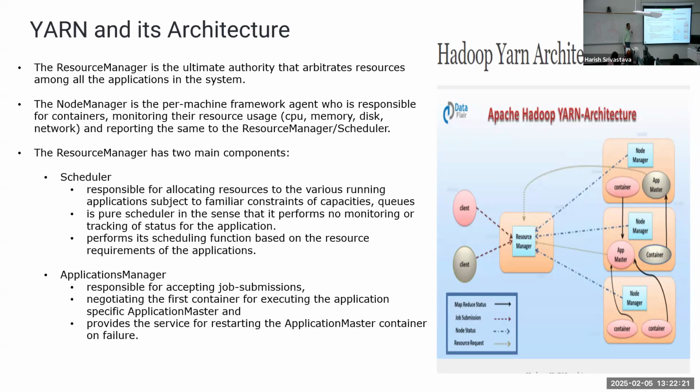Once the job is assigned to that particular data node and the node manager is running and providing the heartbeat to resource manager saying that yes, I'm running, I'm busy, I'm utilizing 80-90% of resources, that information is being maintained by application manager within the resource manager. Clear? Application manager is responsible for accepting job submissions, negotiating the first container for executing the application specific application master, and providing the services for restarting the application master container on